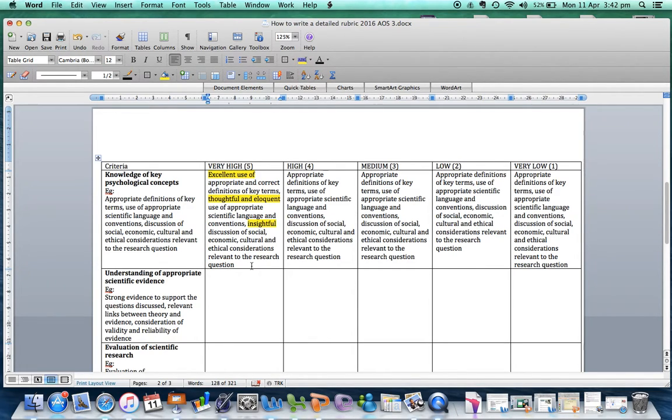Okay. So, I just need to tone these yellow bits down a notch for high because it's still really good. Okay? And rather than writing excellent, very good, good, satisfactory, and unsatisfactory, which you can do for those, but let's try and think outside the square a little bit. We might say,